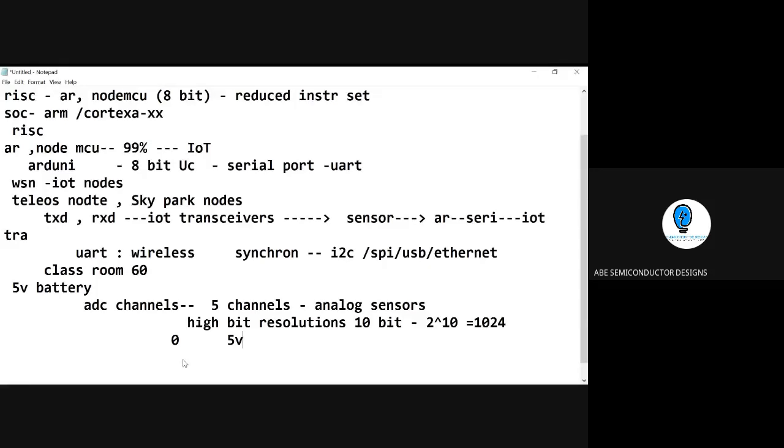With 10 bit resolution, I will get 1024 levels of output between 0 to 5. So the higher the bit resolution, the higher the values. Nowadays in ADCs we work on 16-bit resolution, which is very important for us to get larger values from the analog input. So this is an ADC channel.